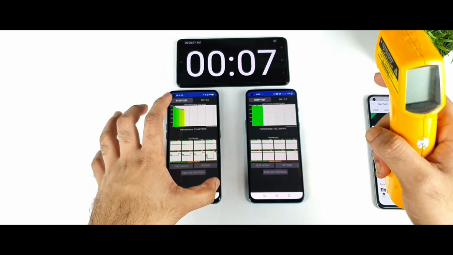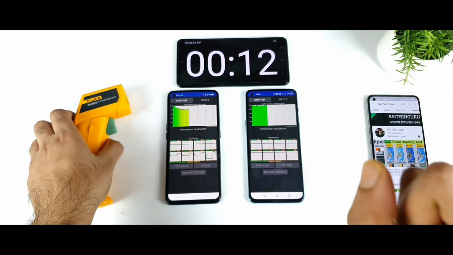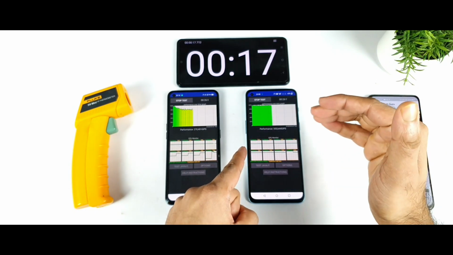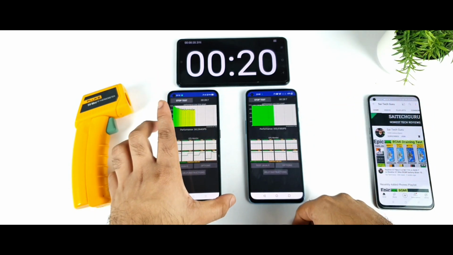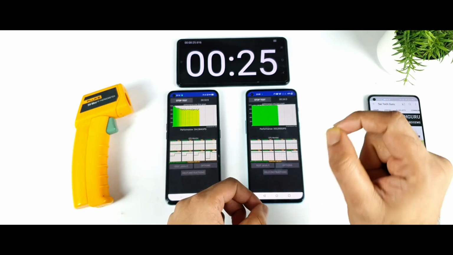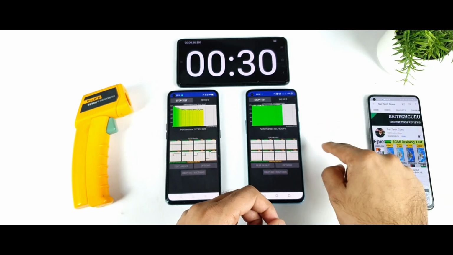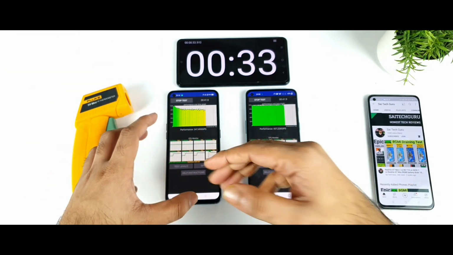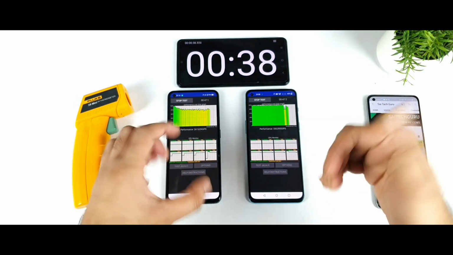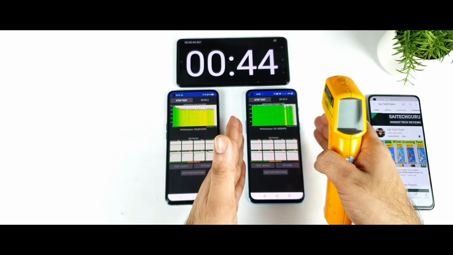But right now, using the high performance mode in the Realme X1 Max and the high performance mode in the OnePlus Nord 2, one thing is pretty clear. If you enable the high performance mode, the performance is very much higher than the Realme X1 Max. I did observe that in the OnePlus Nord 2 from the beginning of usage. As soon as you enable the high performance mode, the performance increases a lot in the OnePlus Nord 2. But in the Realme X1 Max, you cannot find a significant increase. It will increase, but not a lot. That's what I meant. And that also results in higher temperatures in the OnePlus Nord 2.